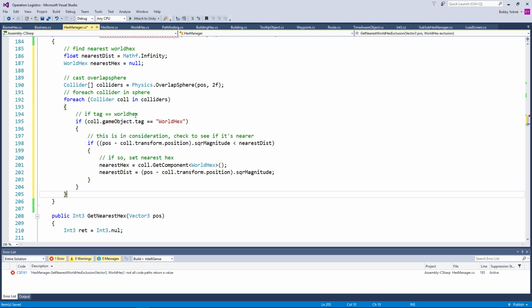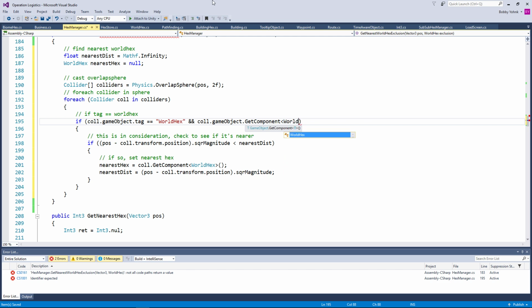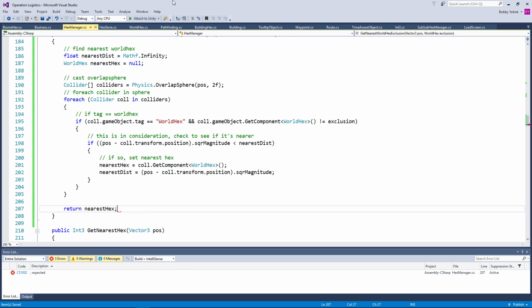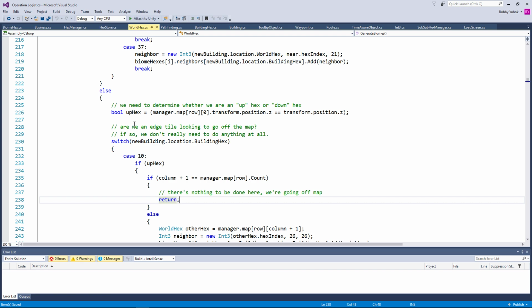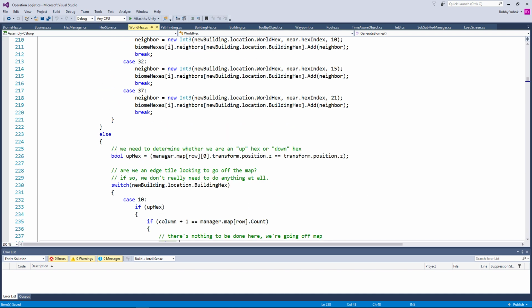So if collision.gameObject.tag equals world hex and collision.gameObject.getComponent world hex is not equal to exclusion, then we would do this and then just return nearest hex. Now that's not going to be a super fast thing because we have to do the get component call. But that shouldn't be too bad, especially since we're only calling this in the startup. And it might actually be faster than doing all this switch stuff. Or close to it. Probably not, but...